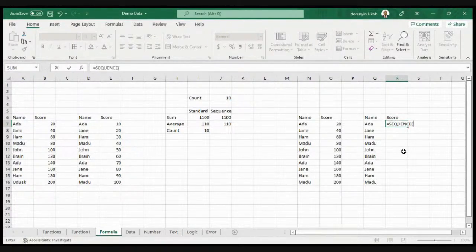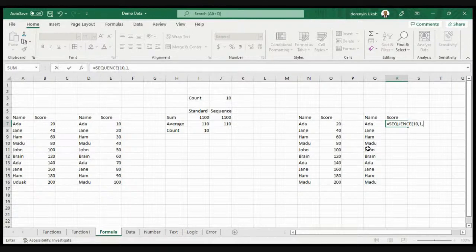Now, how many rows do I want in my score? What I have here is 10 rows. How many columns am I looking at? For now, I want to replicate what I did on the standard form, so I have just one column.